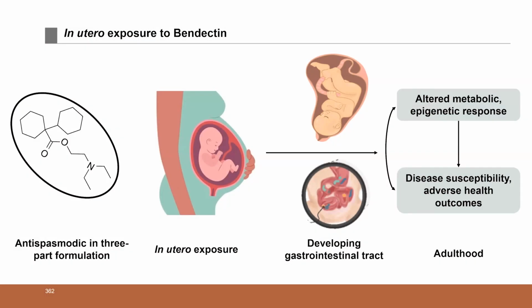So what does all of this mean? I don't think we've previously considered in utero exposures as risk factors for early onset colorectal cancer. But to me, these findings point to a specific effect of dicyclamine, again, that antispasmodic contained in the 3-part formulation of Bendectin, or perhaps a synergistic effect of all 3 components. As an antispasmodic, we know that dicyclamine has direct effects on the smooth muscle of the gastrointestinal tract. And as I talked about earlier, it's possible that in utero exposure programs the sensitivity of the developing GI tract or increases its susceptibility to carcinogenesis following additional exposures in adulthood.